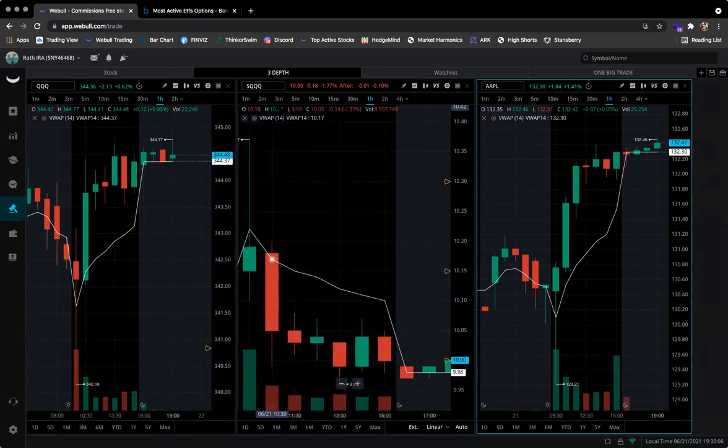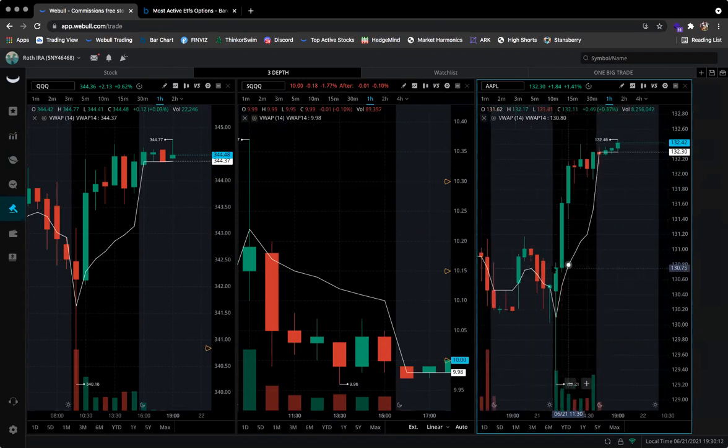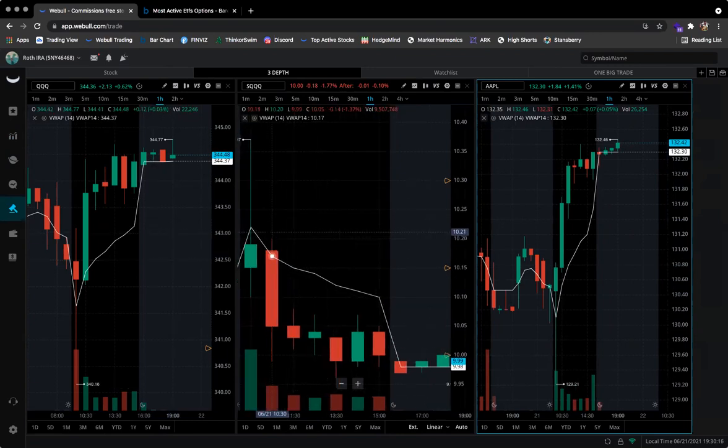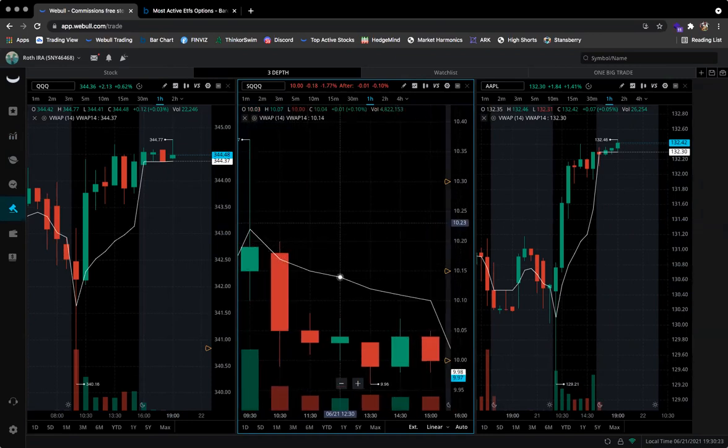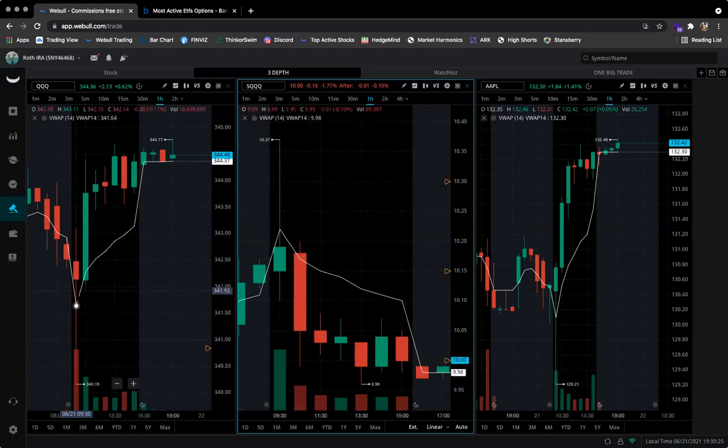So if you come in and you're like, oh, I'm gonna buy a put against Apple and I'm gonna hold it because I know Apple's too high and it's gonna go down. Well, no, right here, you're being rejected with this VWAP. This VWAP is saying your price is under me, right? So you're being pushed down by the weight of this volume. And in this case, if you see that I'm being supported,